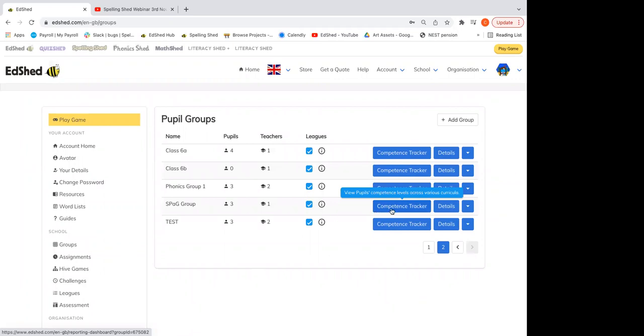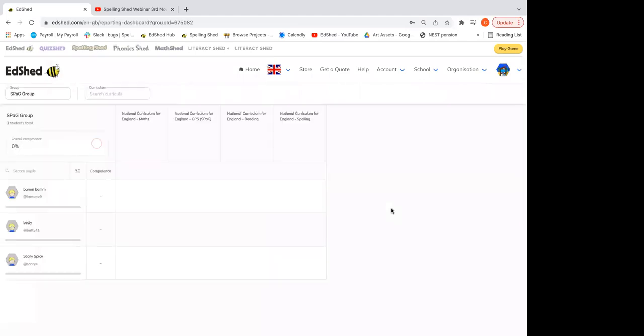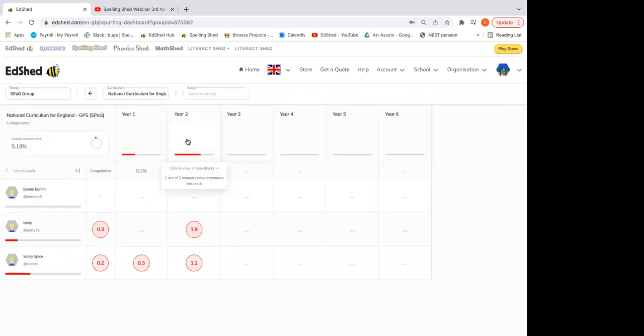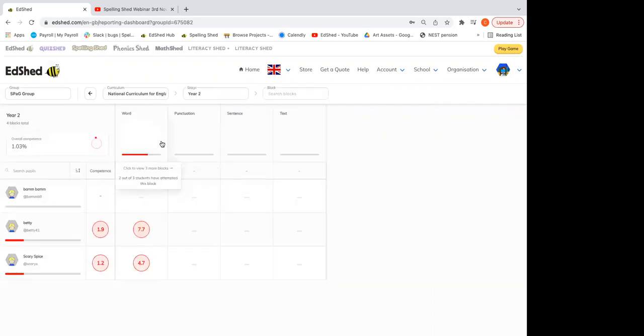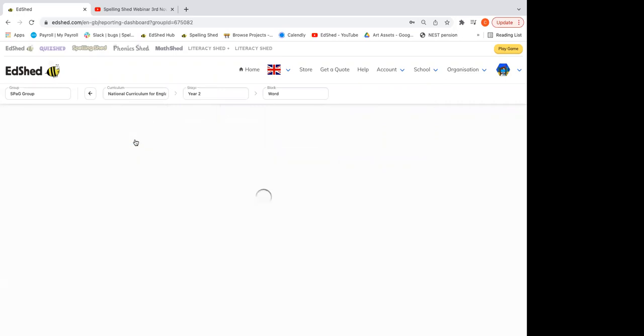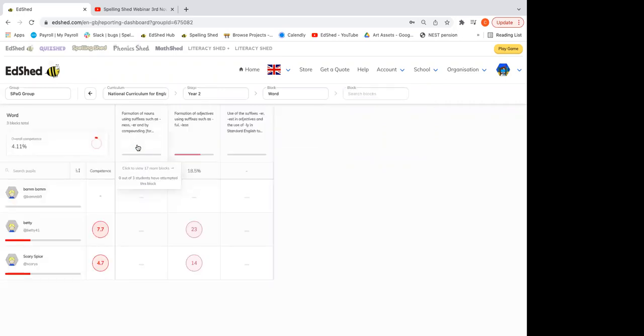So if we click competence tracker, this will then open a curriculum grid for all of the kids that are in this group. So at the top, we've got maths, SPaG, reading and spelling. I'm going to click on SPaG for obvious reasons. Then we can select our year groups. We've been playing and teaching as year 2. And then again, we've got the 4 subcategories, which we've seen before. So I'm going to click on Word. And then we've got the 3